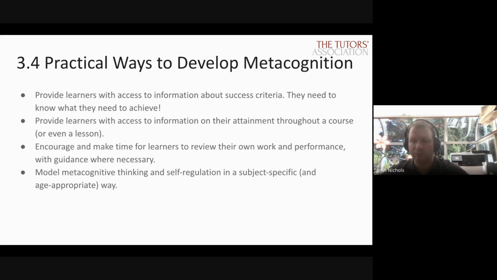Okay. The last one I've got here is modeling it in a subject-specific and age-appropriate way. So you need to kind of prompt them to do what you want them to do in their head in future. So if you want them to actively think about, am I picking the right equation? You need to literally stop them and say, are you picking the right equation? And let them justify it to you, even if they have picked the right one. And this is where it gets harder because people think, oh, they've got it right, so don't worry about asking. But no, asking them if they've got it right, even if they have got it right, is kind of the point. That is the metacognition, because that means that next time when they pick an equation, they'll ask themselves.